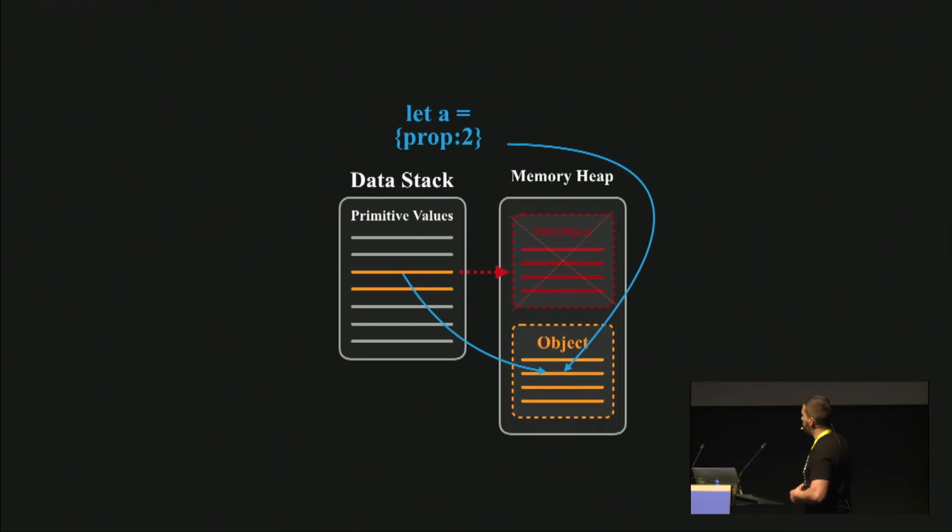What you actually need to do to update this reference to an object is create a new object, for example, a copy. So it will allocate new memory in the memory heap and will update the reference in your local property to it.